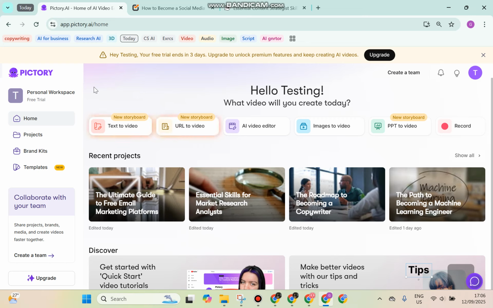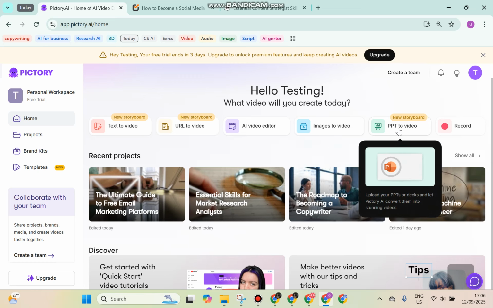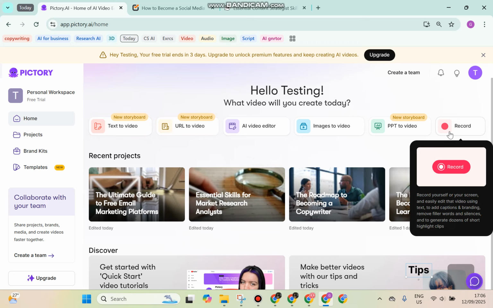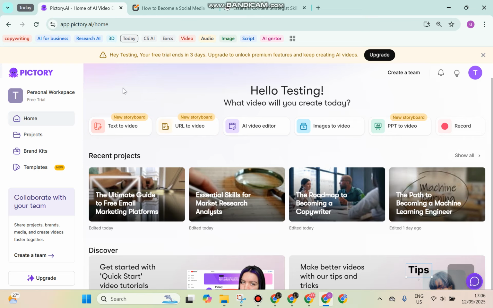Well guys, to create this video, I prefer to use Pictory AI because it is very effective and efficient to create a video. As you can see, this Pictory AI will help you to create the video from text, URL, image, and also a PowerPoint file. And don't worry, because this Pictory AI can also do video editing and recording guys, and you can access